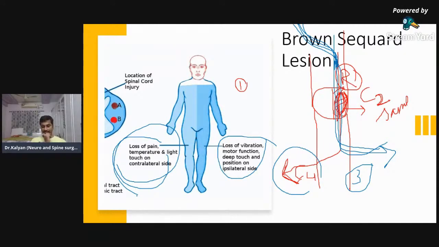So the next session, injury at the junction of UMN and LMN. No, there are two microscopic. Yeah, I don't know. That's a synapse. Junction at the synapse, I don't know. And even if there is an injury at the junction of UMN and LMN, the clinical features will be similar to LMN only.